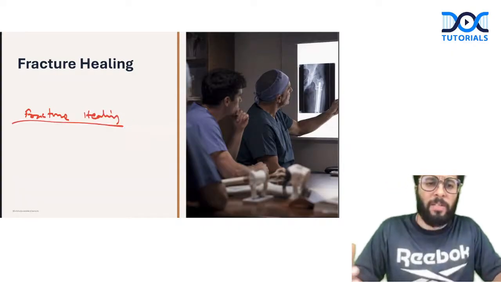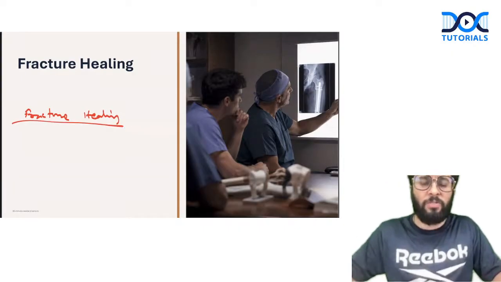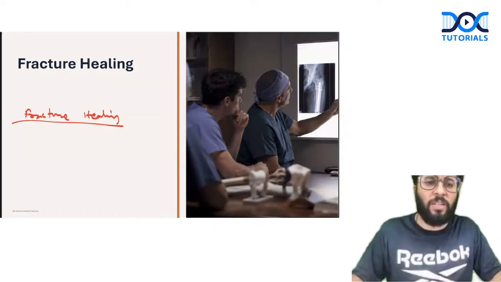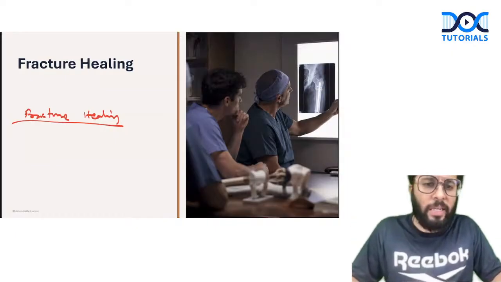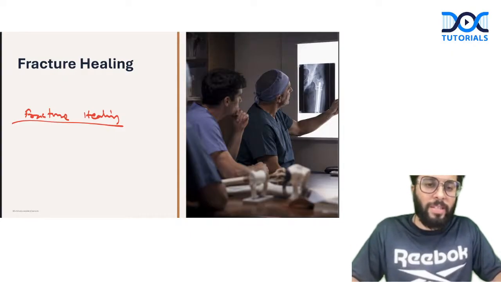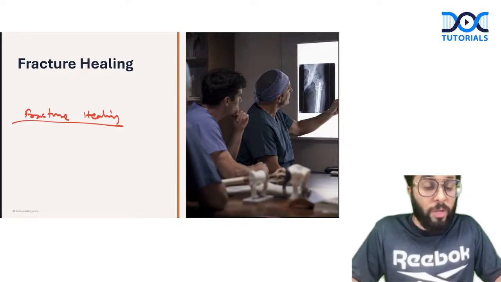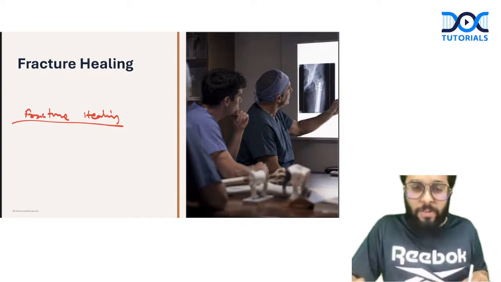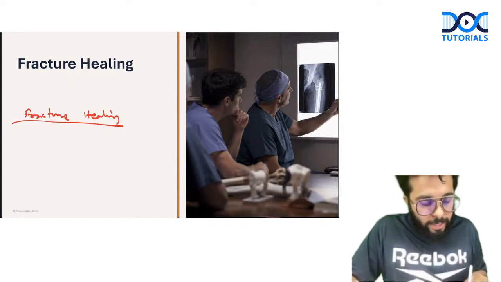You should know and classify the fracture healing into four stages: inflammatory, early callus, what we call soft callus, hard callus, and then remodeling. That is something everyone does. While we are answering the theory question or the viva, our answer has to be slightly different, right? So that we have an edge over others. So what we will do, we will classify fracture healing as